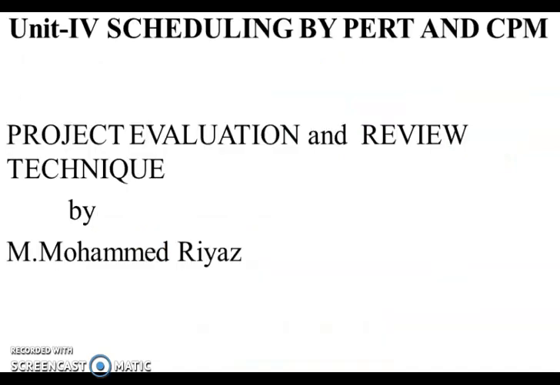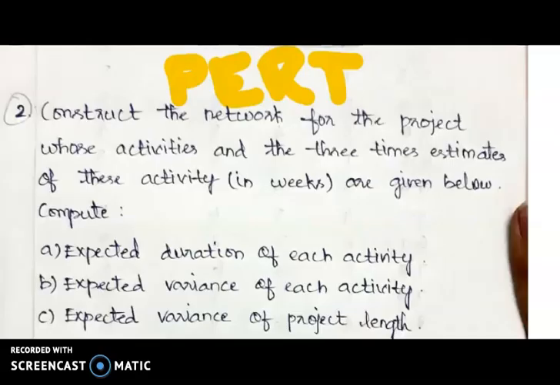Today we are discussing Unit 4, Project Evaluation and Review Technique. In the last class we discussed CPM, the Critical Path Method, but today we are discussing the Project Evaluation and Review Technique. Here is an example problem: construct the network for the project whose activities and the 3 time estimates of each activity